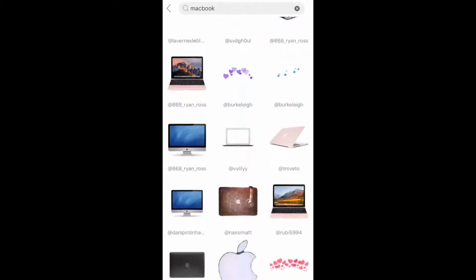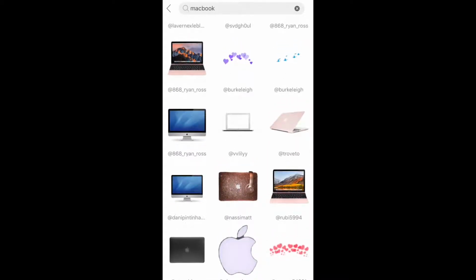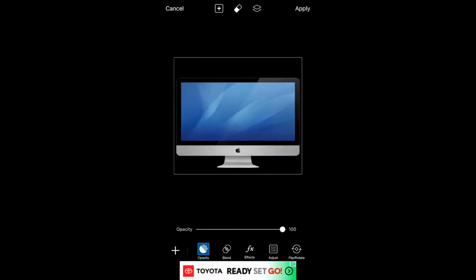So I'm just gonna choose a little MacBook computer that I think that I would like, and I'm choosing the desktop. Now I'm gonna resize the computer because with videos, they're not always